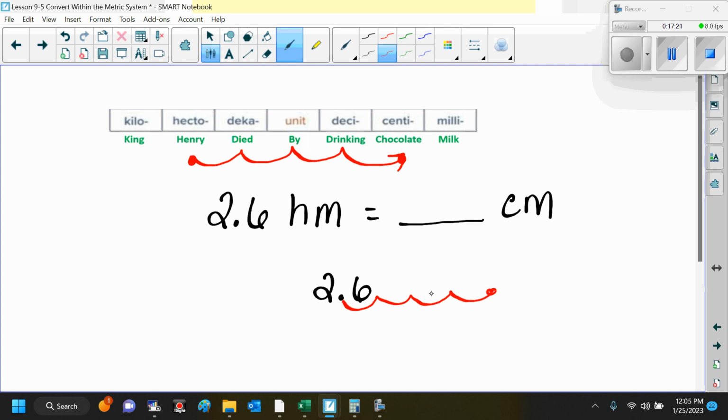What do I do with those? I don't have place value, so you add your zeros. Very good. So 2.6 hectometers is equal to? 26,000 centimeters. Very good. Is everybody clear how to use the chart? Yes. Okay. So when you're